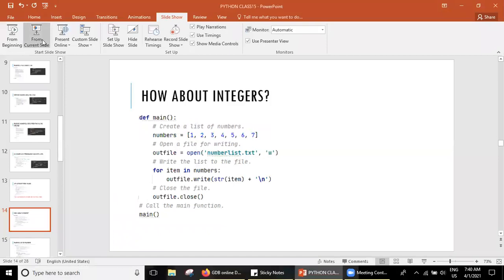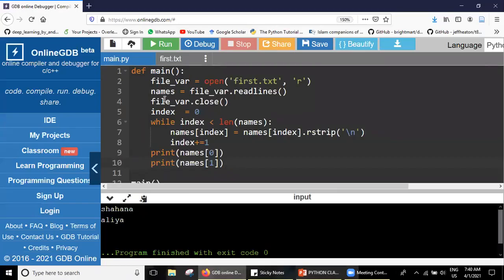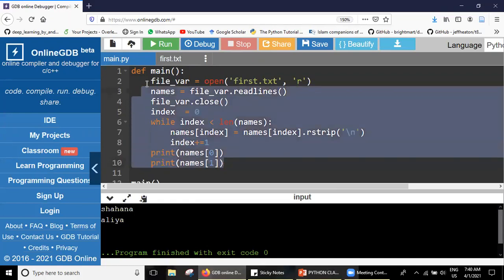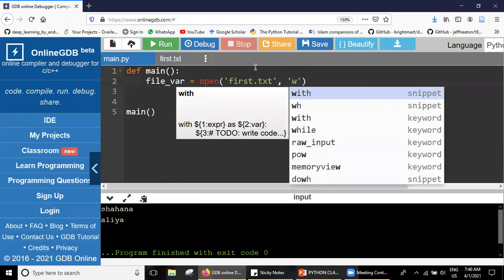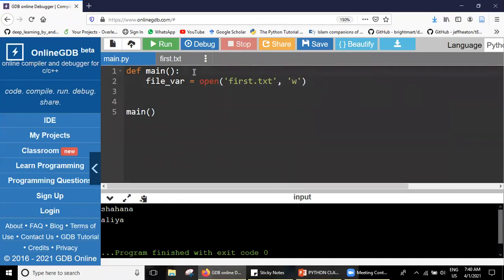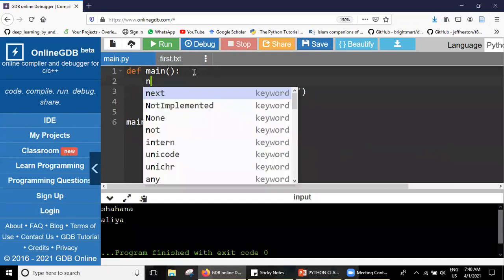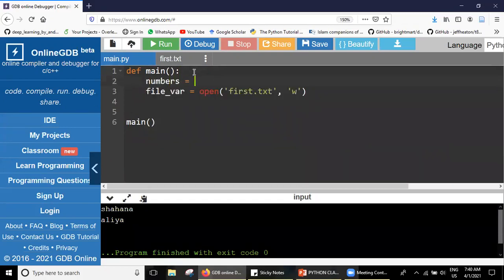As we have seen numeric data being written to a file, now we'll try to write numeric data to a file using a list. Let me open our file in the write mode, and let me create a list called numbers, and I write 1, 2, 3 as the list. I have shown you how we can write strings. It's the same for the numbers too.